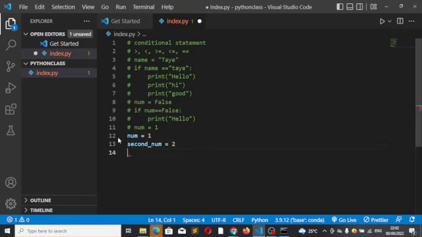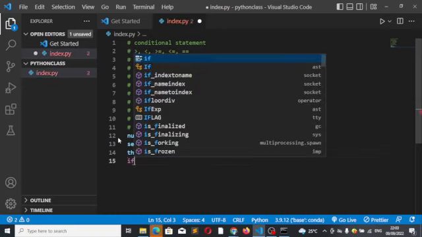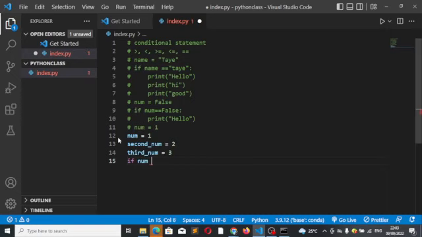I'll create another one. Let's call this third num. So we have 3 variables here: variable num, variable second num, and variable third num. We can say if num is greater than 0, print hello, else